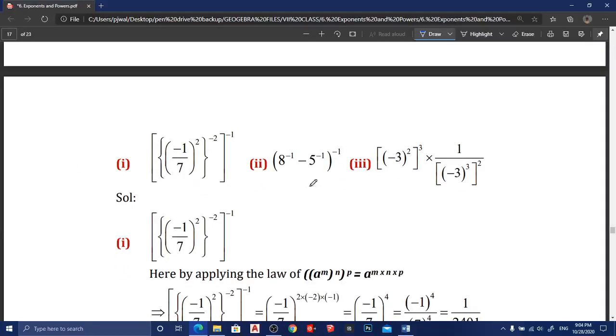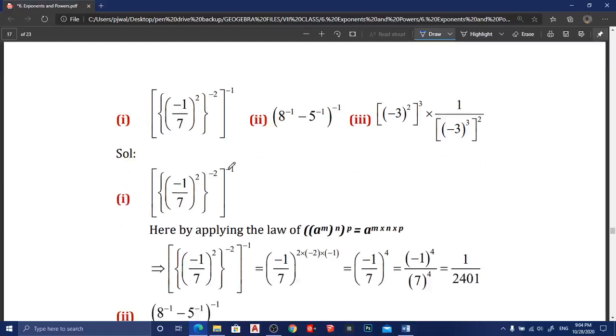So these are also very easy, just by looking at them. You can use the power of power formula only. One fraction is given, and 3 powers are given. In place of 2 powers, it is given 3 powers only. Take the first problem here.